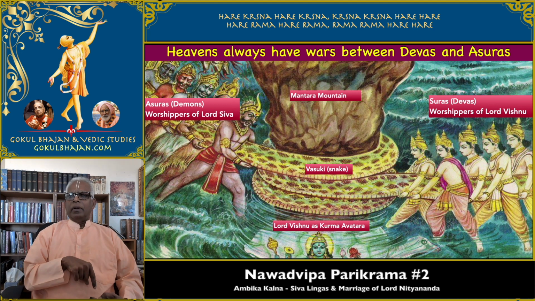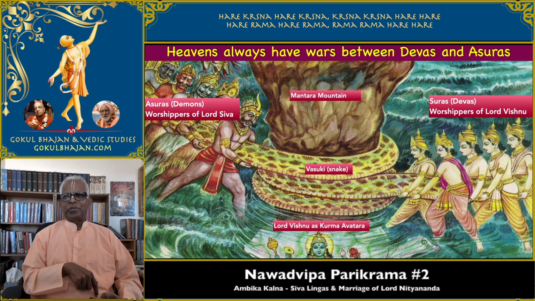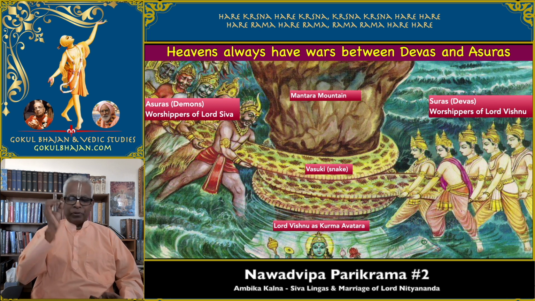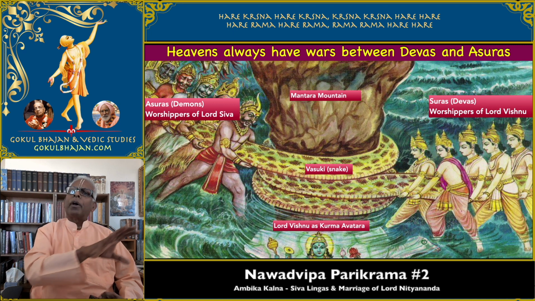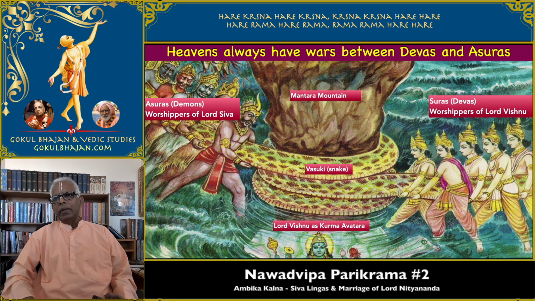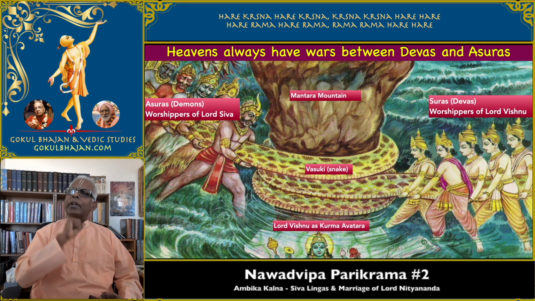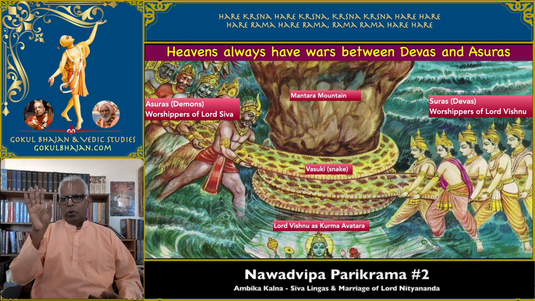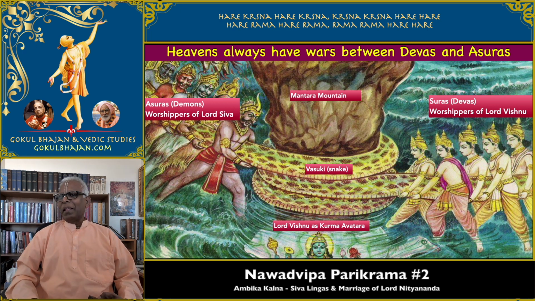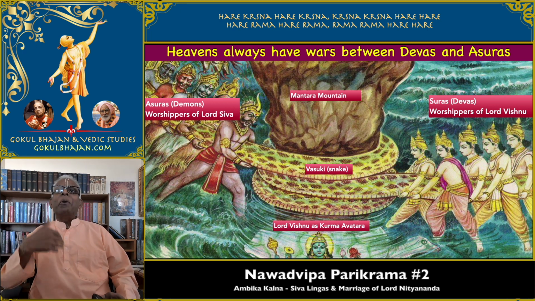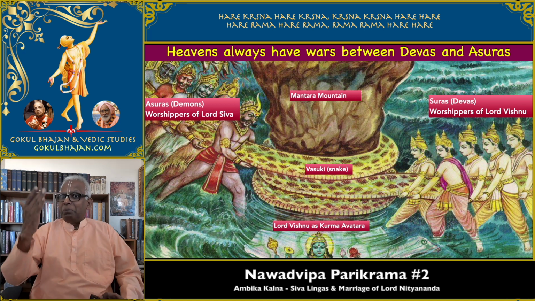Then another reason: heavens are for enjoyers. You do some good punya, and when you do punya, then you will be put in heaven. Heaven is not our place. Heaven is actually the headquarters of all the demigods who are managing this Brahmanda. In this Brahmanda, there is a headquarters for all the managers and directors and VPs and all those. The CEO is Brahma. They are the ones running the whole thing, so for them that is the headquarters. They are enjoying there because they are in a high position.